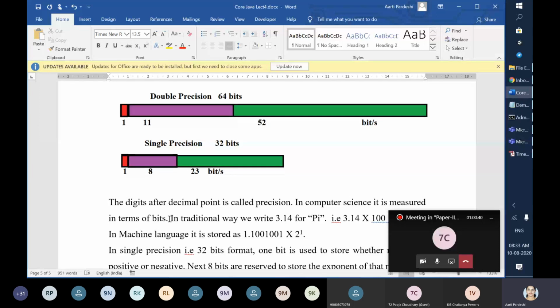First, I am going to explain single precision. When we say that float is a single precision value, in childhood we have seen the value of pi. The pi value is 3.14. It was much longer, like 4 digits more, I think 3.1427 something.